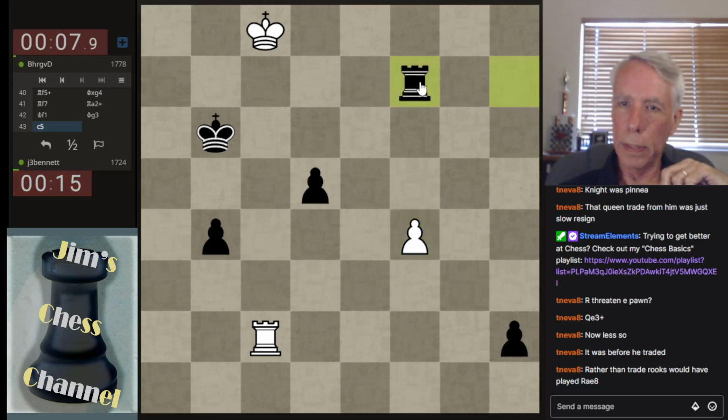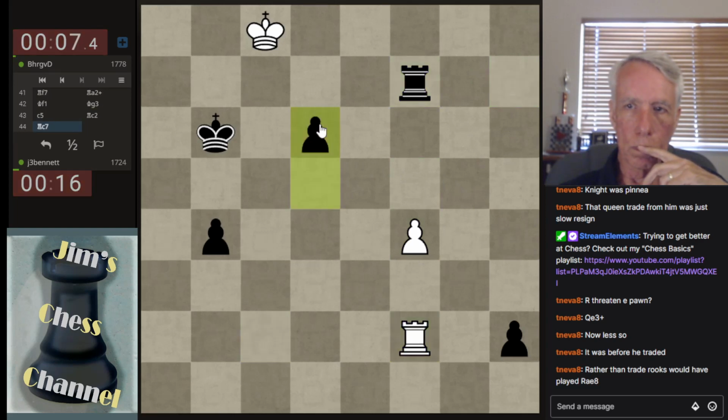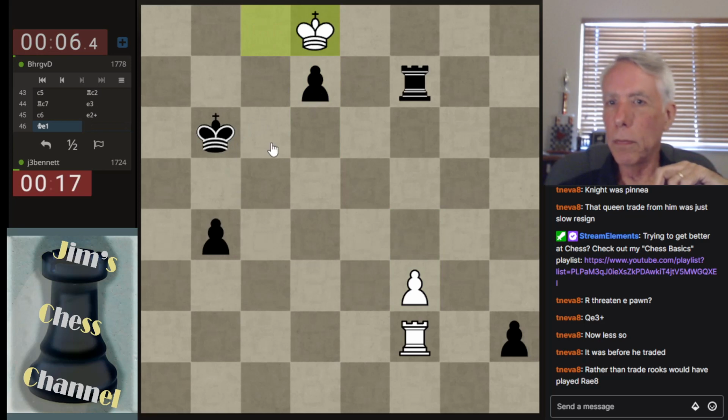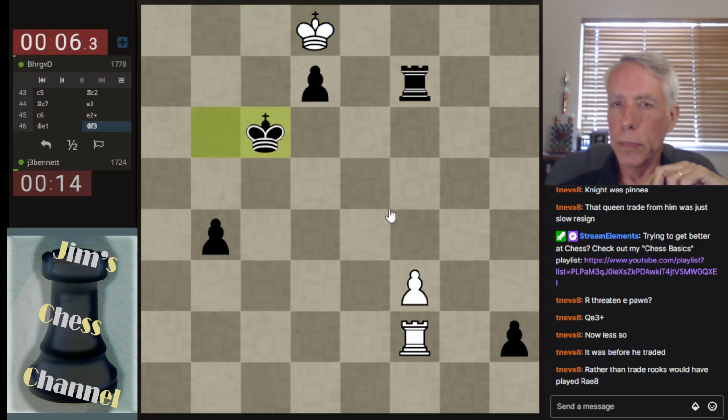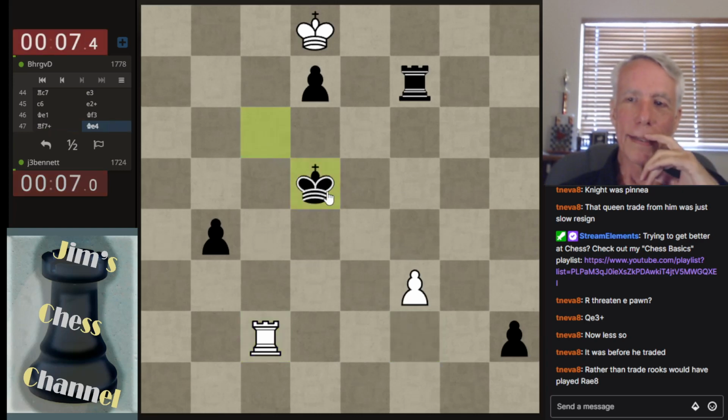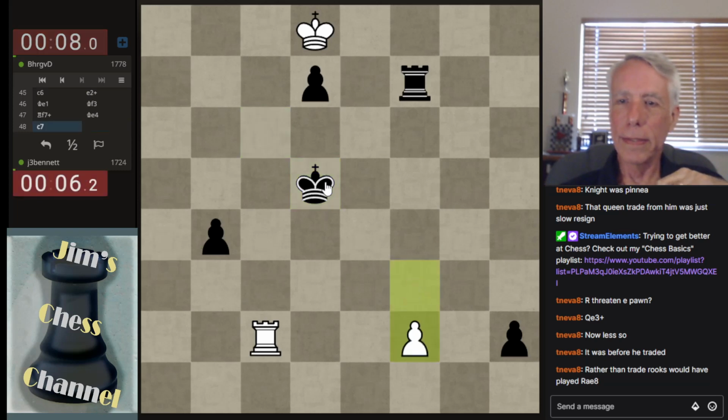Okay, he did. Here, let's do this. See which way the king goes. Goes that way. So I just have to step aside. Oh, this is a problem, huh? This is a problem. He can check me. Yeah. I can...